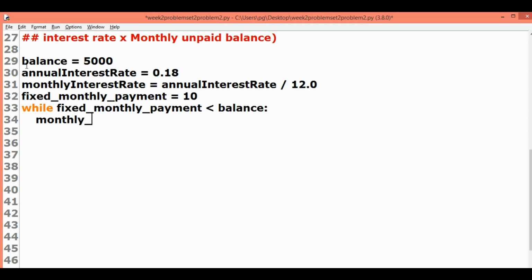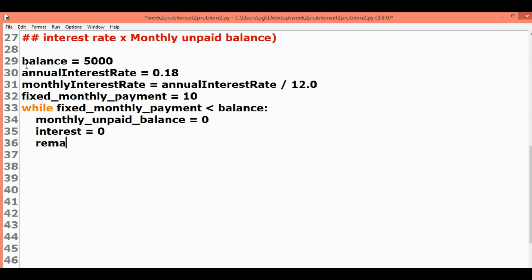Monthly unpaid balance equal to 0, interest 0. We also take two variables called monthly unpaid balance and interest and assign them both an initial value of 0, as these variables will be used later in our program.